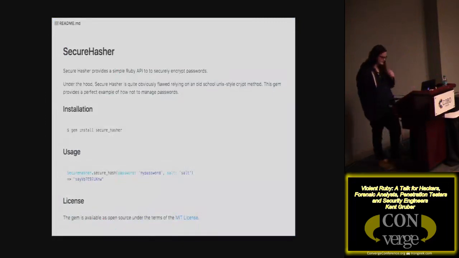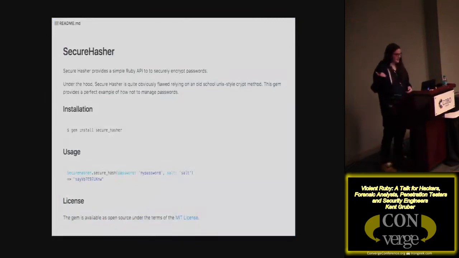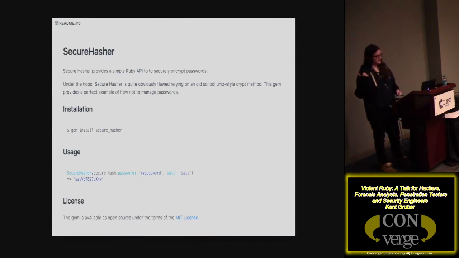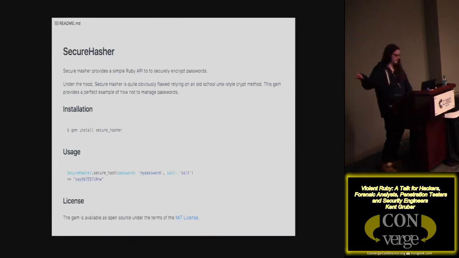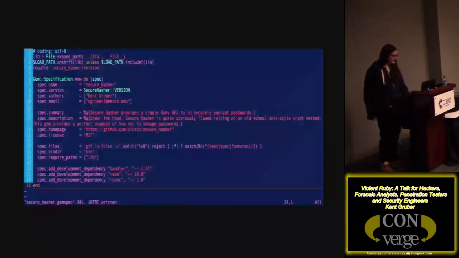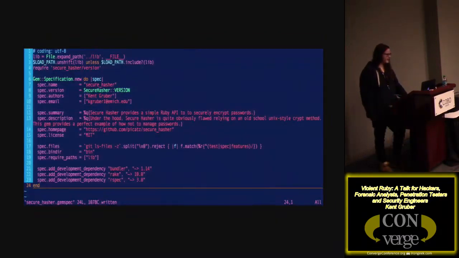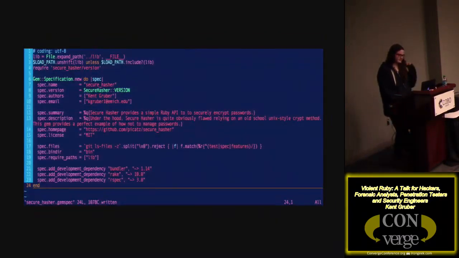Pretty simple. I push it up to GitHub. I have my README, and you can look at it like this. It is up on GitHub, and you can see, oh, this is how you do it. Cool. All right, version. Oh yeah, I had to change a little bit. So it almost is a gem yet.